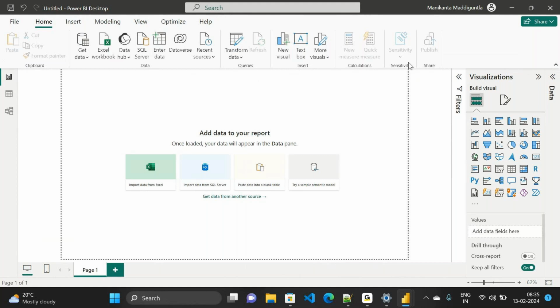Okay, sensitivity, don't worry about it. No need to know about it. Okay, so now coming to the data, if you need to pull the data into Power BI,